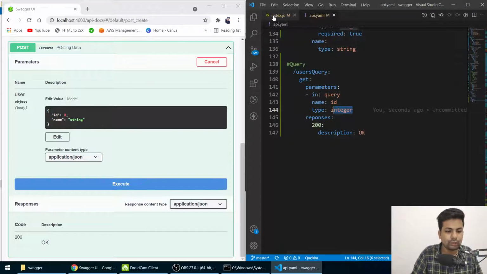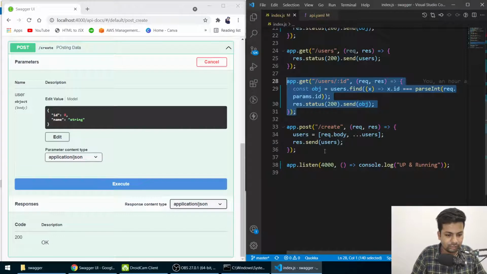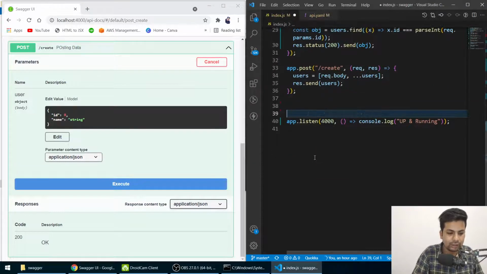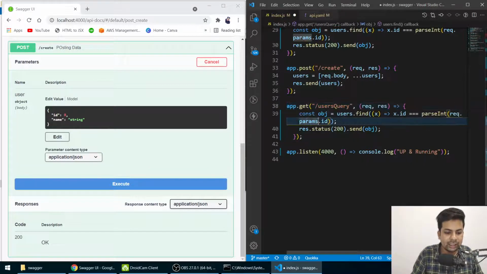So if I go to the API, now let me make the API for the same. Let me copy this thing, and the API name is users query. Let me remove this thing, query, okay. Now instead of params, I'll get it in request.query.id.